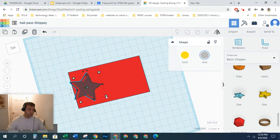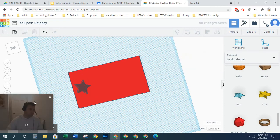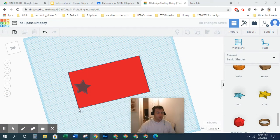So I'm going to grab the corner and change the size of it. And if you grab the corner and hold shift, it will keep all of its dimensions correctly. So I'll set it up like this. Let me,